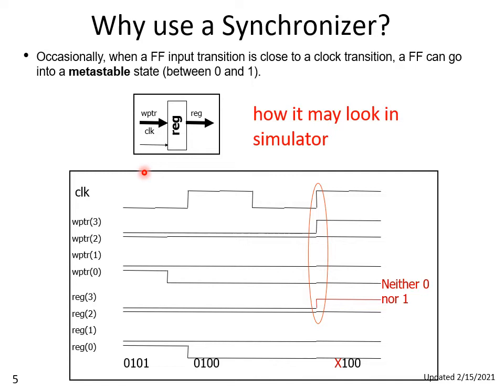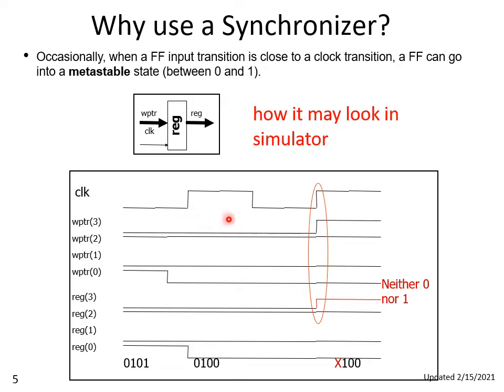First, I'm going to consider what would happen if we just have a single register receiving an input. So I have a value called WPTR. It's a 4-bit value, not just 1 bit. It gets stored in a register, and then there's the output of the register. Well, in the timing diagram that's drawn below here,